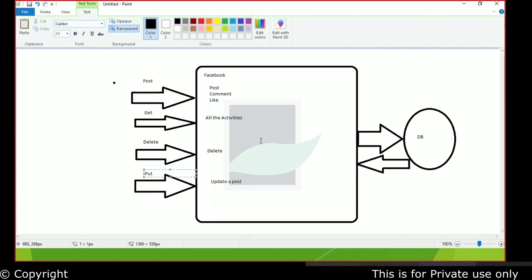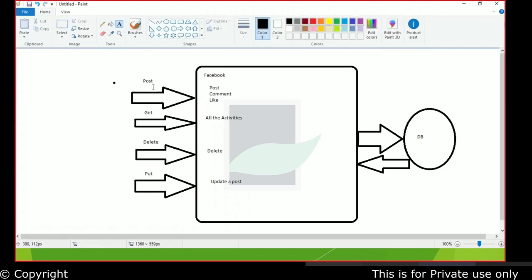So tell me what you can do with Facebook, and I'll segregate it into one of these buckets. You can't escape any of these buckets, and you cannot tell me an operation that doesn't fall into one of these categories. That's the beauty of REST and these verbs. These are called verbs: get, put, post, and delete. These are the verbs of HTTP. You tell me an operation, and I can segregate it into one of these verbs. That's the beauty of HTTP verbs.